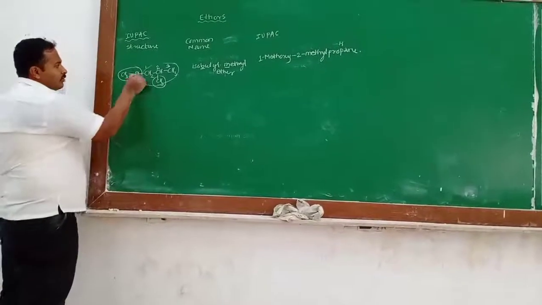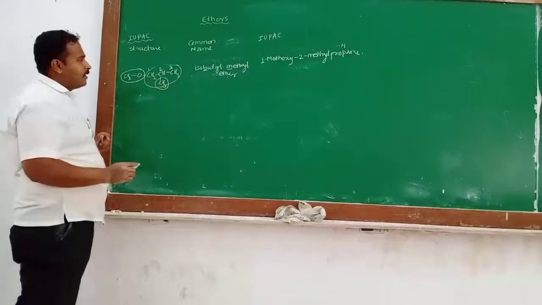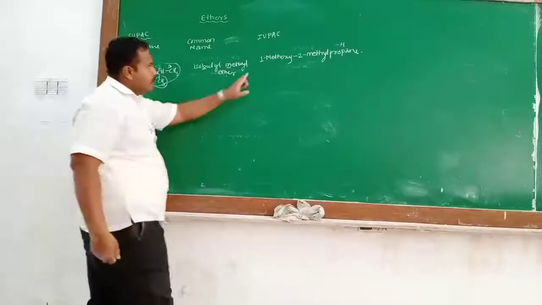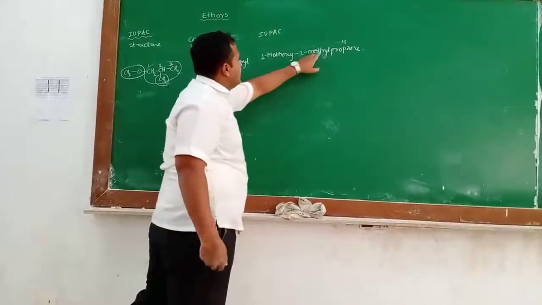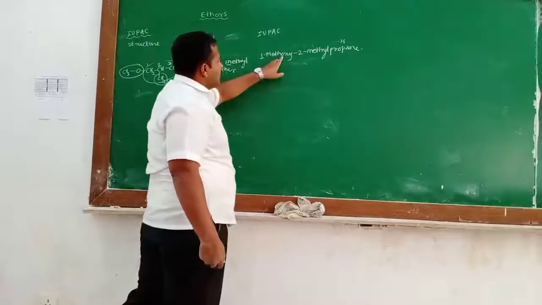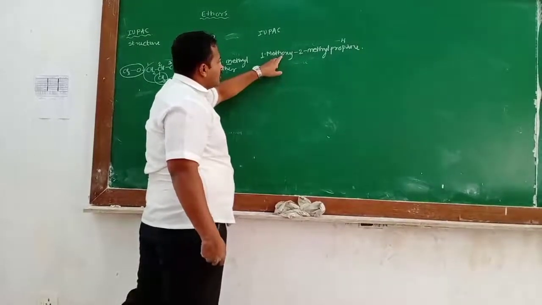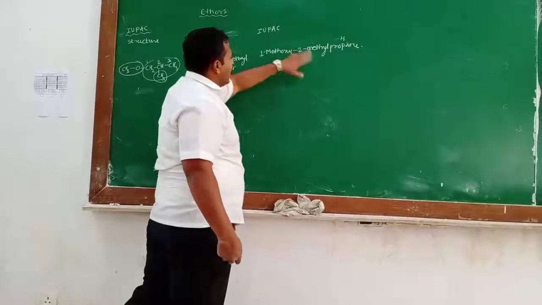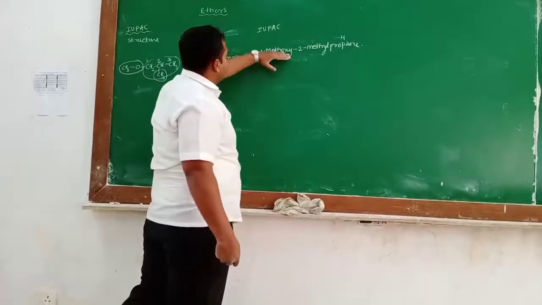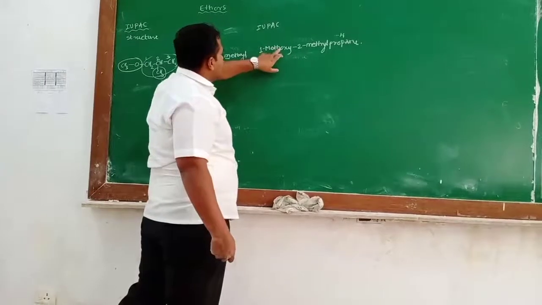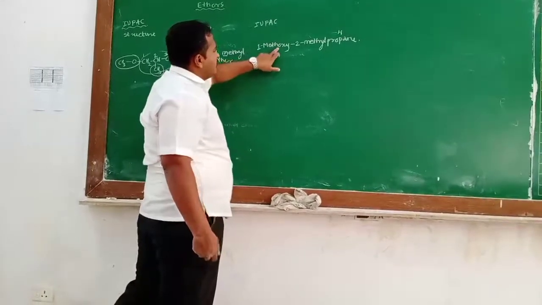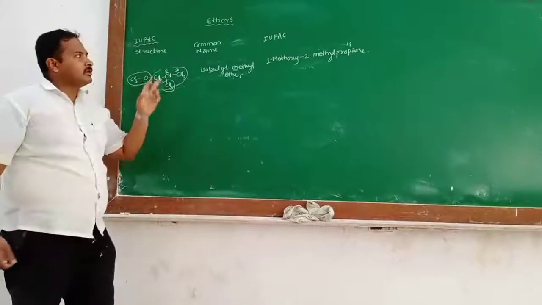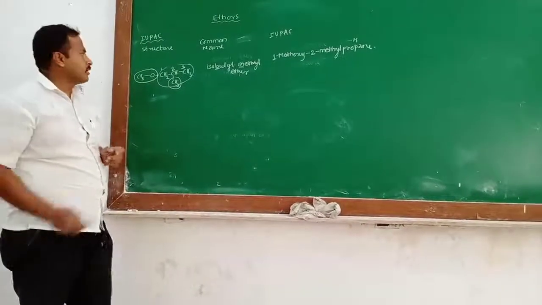Why is methoxy taken first? Because the METH part is the same, but in alphabetical order, O is first and Y is after. In the alphabetical sequence, O comes first and Y second. Keep in mind this is the IUPAC name of the compound.